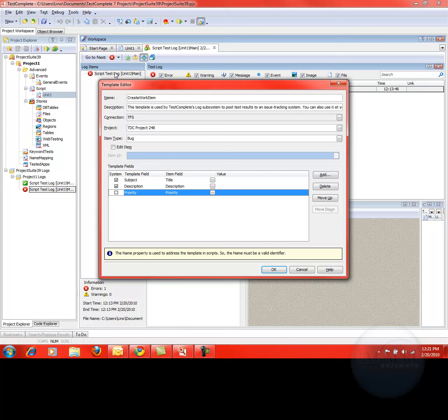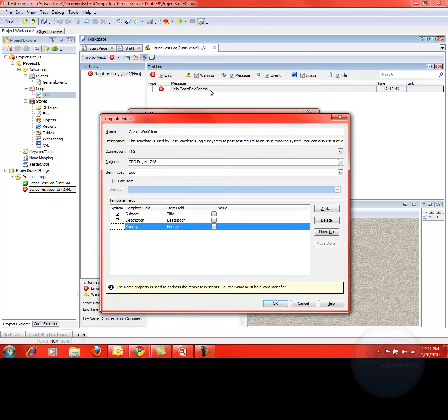So what is the value? Value means when I right click and say reported, what do you want to see in the subject, description, and priority? That's actually a little bit of a confusing part, because people think, why would I actually enter a value here? It will take maybe the message, making it the subject, and the remark will make it description. No, this is not actually how it works. The way it works, anything reported from TestComplete straight into TFS automatically like this will take whatever value you're going to be putting in here, unless you do this programmatically, which I will show you later on how to do. But if I go to value, for instance, subject, I can say bug